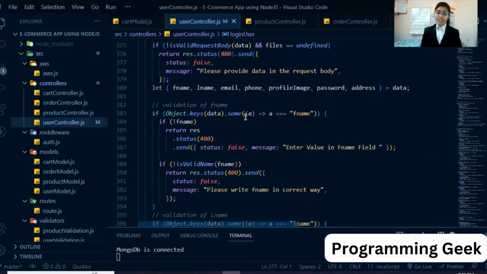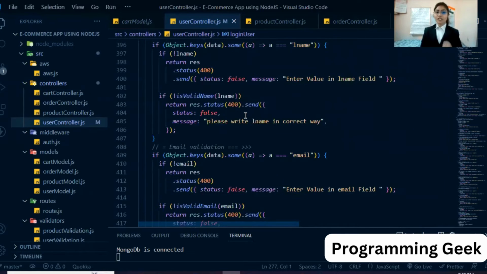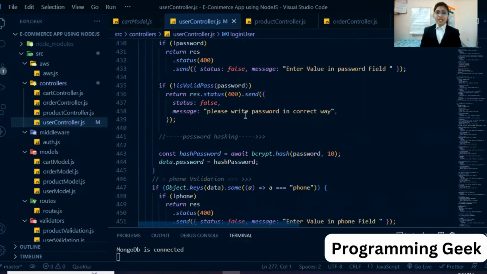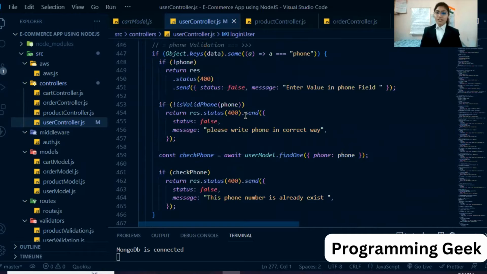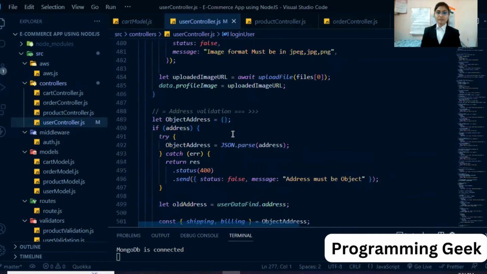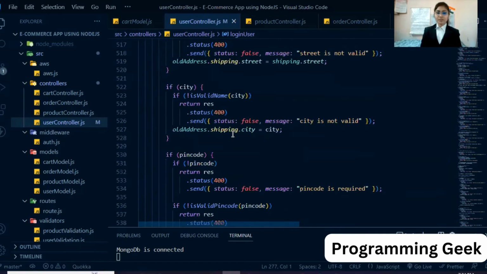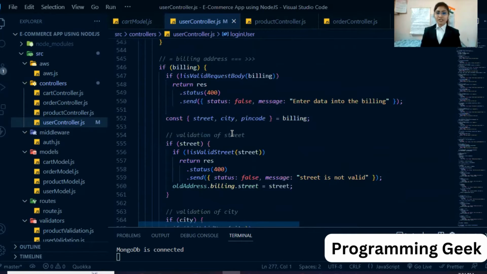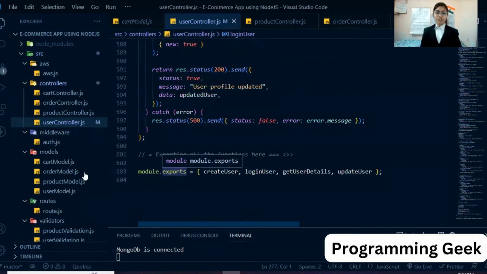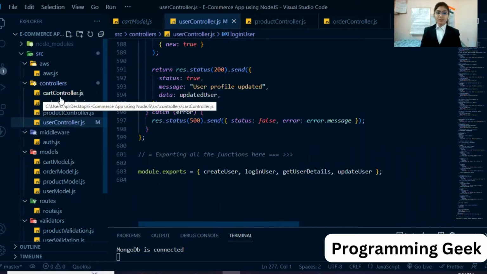After validating that the data is present and in a correct format, it will update all the data provided by the user by using the PUT method. Then I export all the functions to access outside the module.